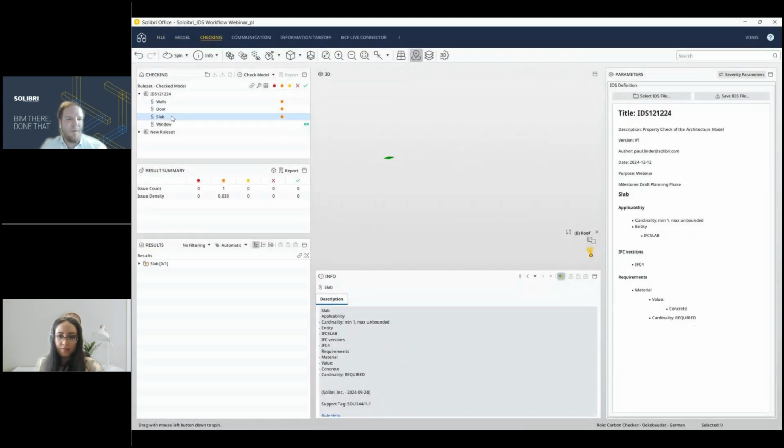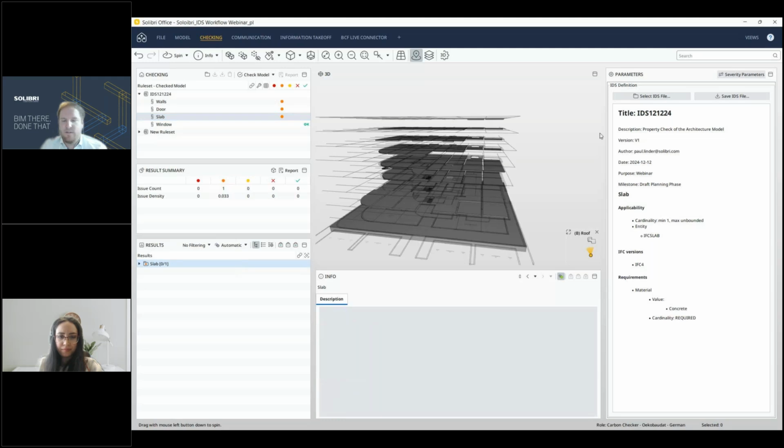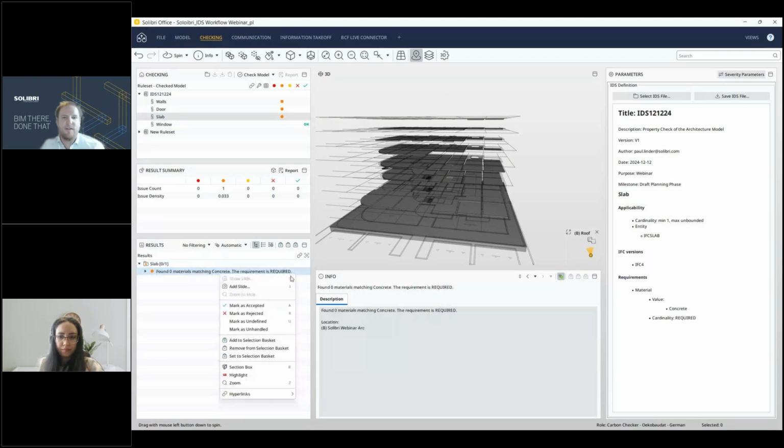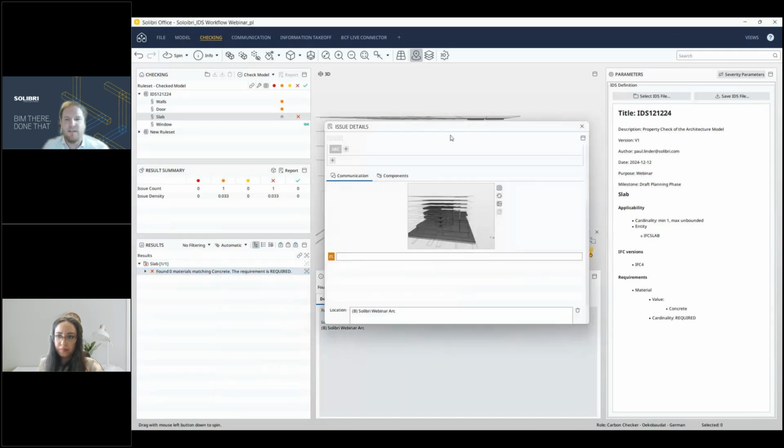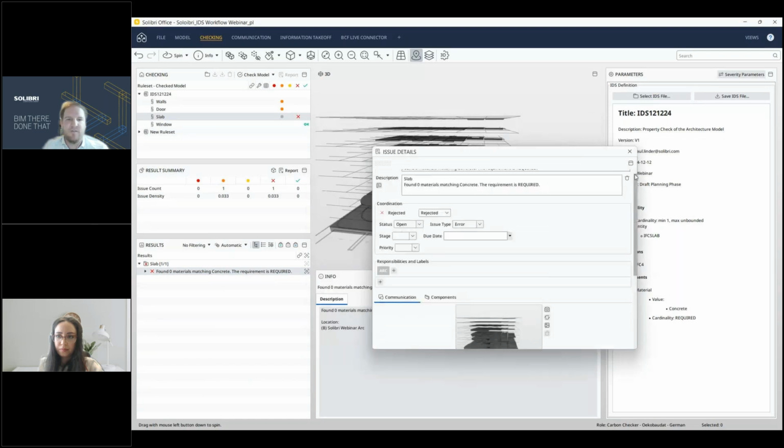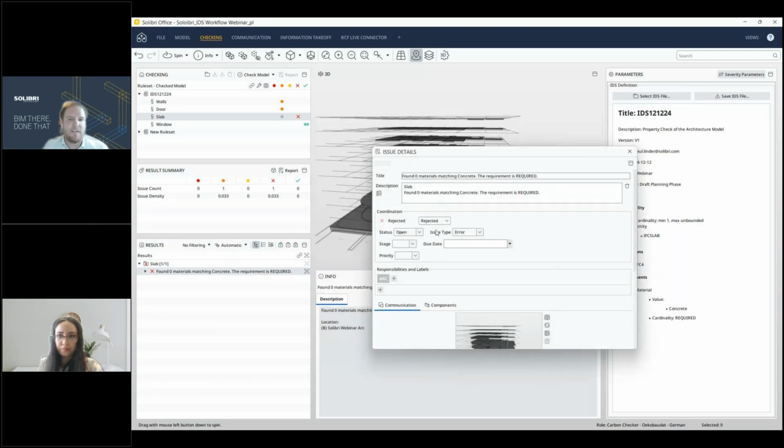So what are we doing now with these results, what we have created here? Of course, everyone who knows Solibri of you knows the process. Then I'm adding a slide and say like give that issue some information. So I can change the title and also the description if I want. Give some more information about